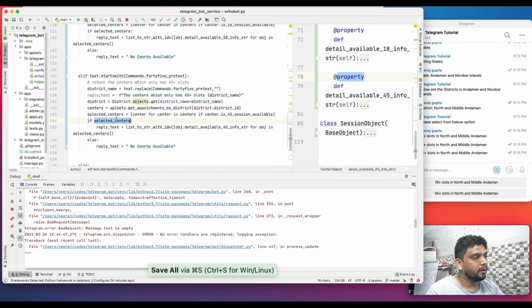So when it is a list with more than one element, it will become true. If it's an empty list, then it will be false, and I will get this part: no center available in, let's say, district name.